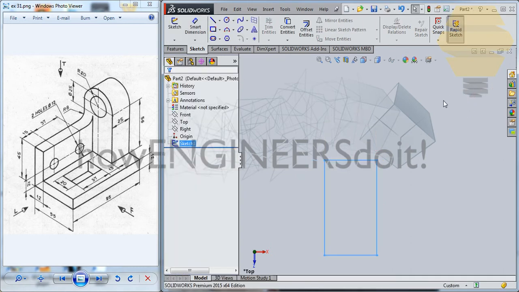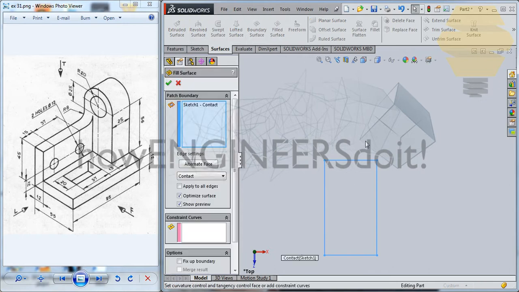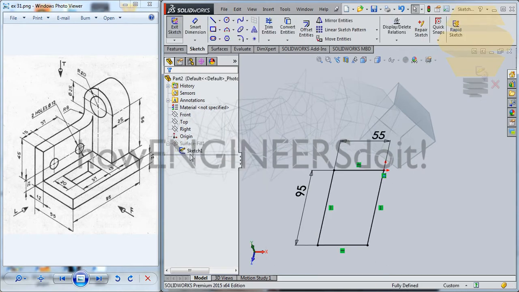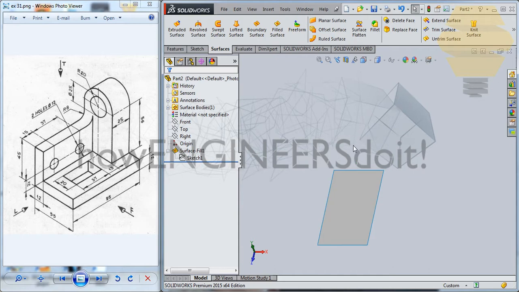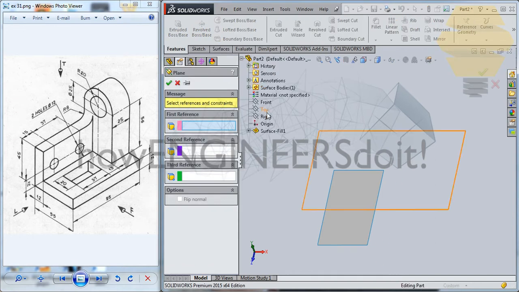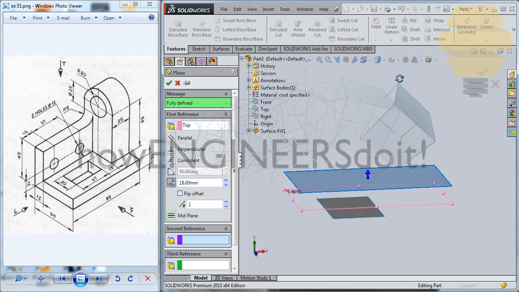Exit sketch. Now you can go for surface, fill it off. Now just make sure that we have given 55 and 95. Yes, it's 55 and 95. Okay. Now the next thing to do is, we'll just go for features, plane, and let's create a plane from the top plane. We'll just give a distance of 12,